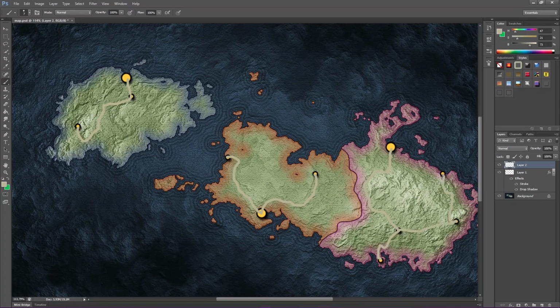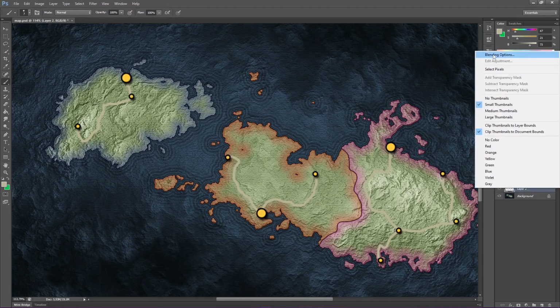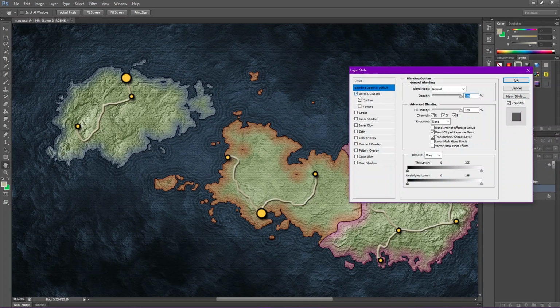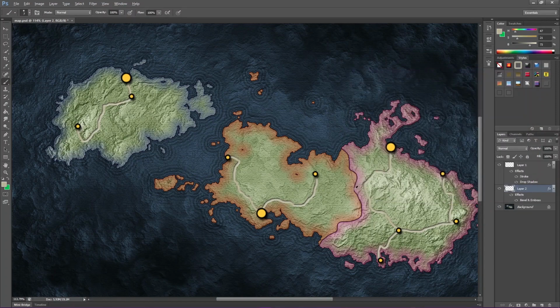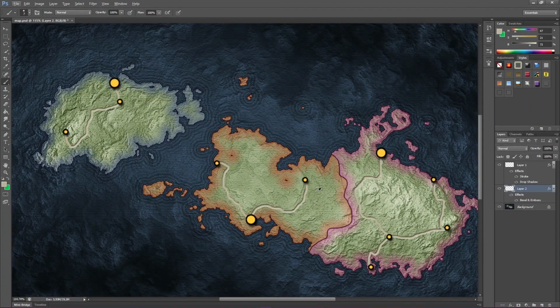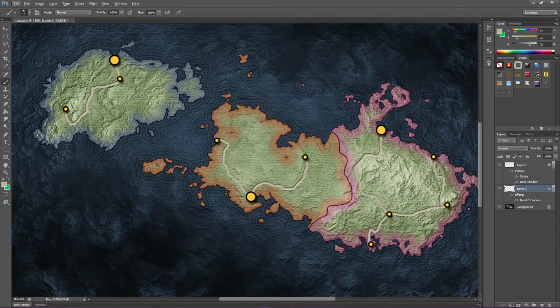This is very hurried, because you want to pop your roads under your cities, give your roads a nice bevel. Set your bevel to down so it looks like the roads get dug into the ground, and set your size quite shallow, and then you get some lovely roads. Obviously play around with this, and I'm going to leave it there. I think this is a really good example of how you can create some nice stylized maps.